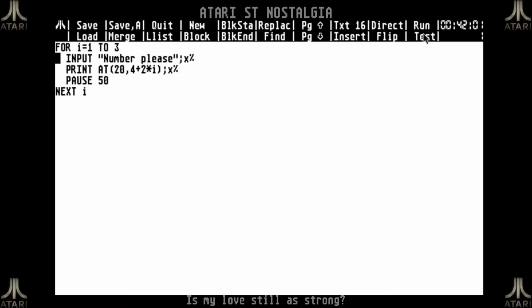But suppose I actually want to use some variables to put in my print command, and it actually has to be text. But I want to pick it from a data set. That's actually the option that we are going to explore this time. Because in GFA Basic you can create a data set by using the data command, and